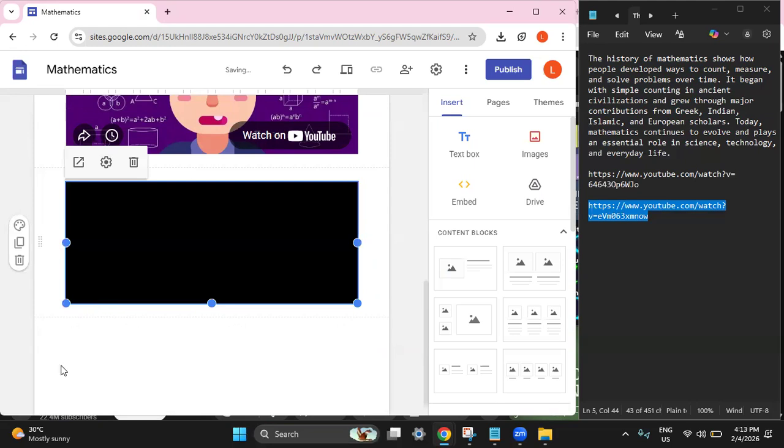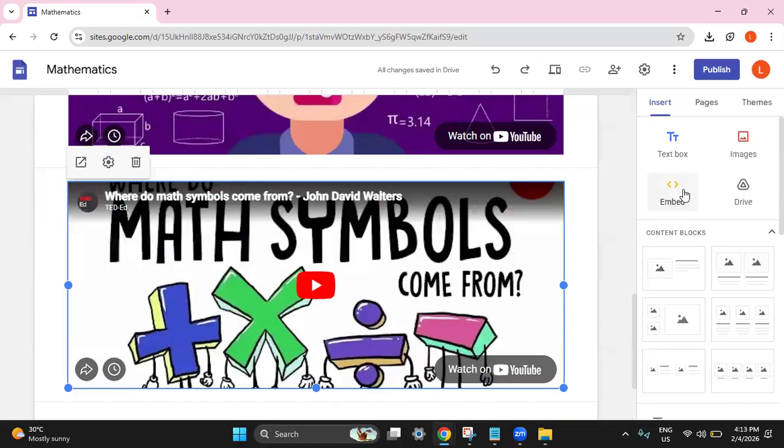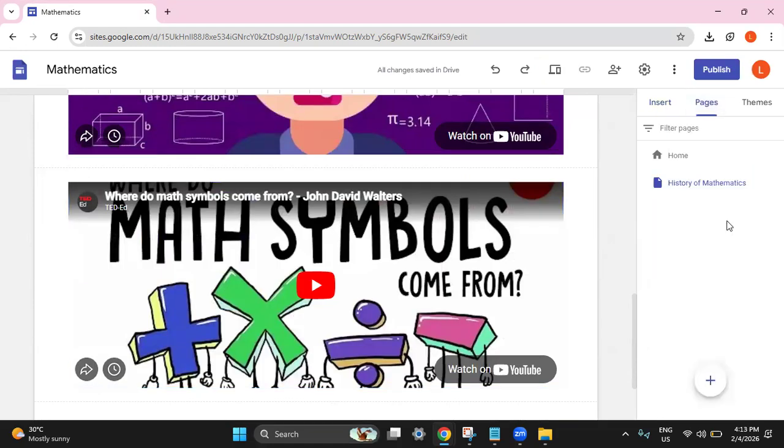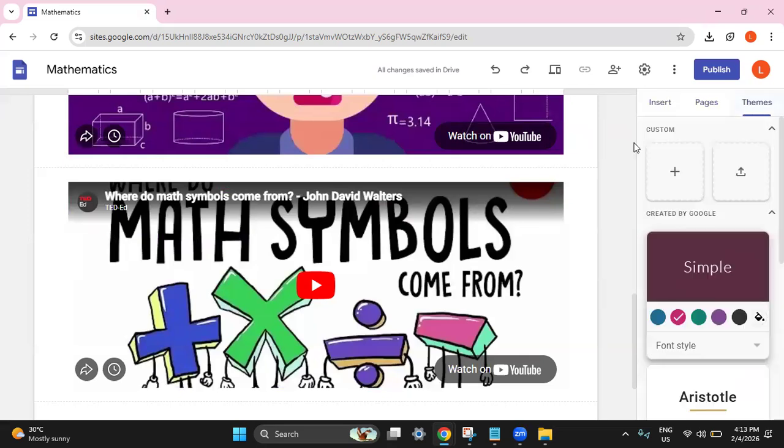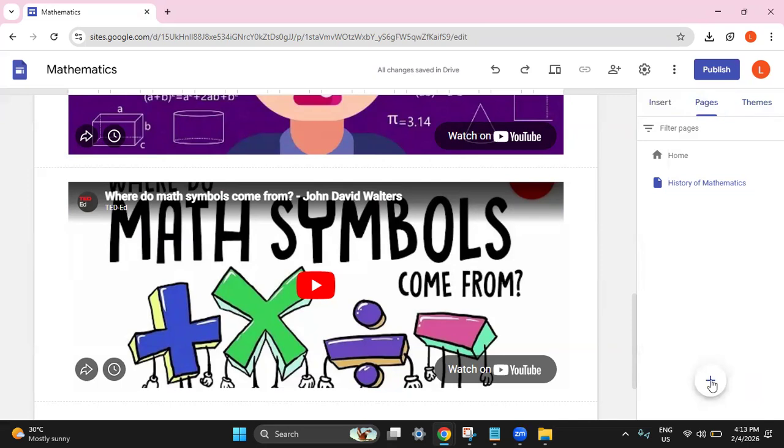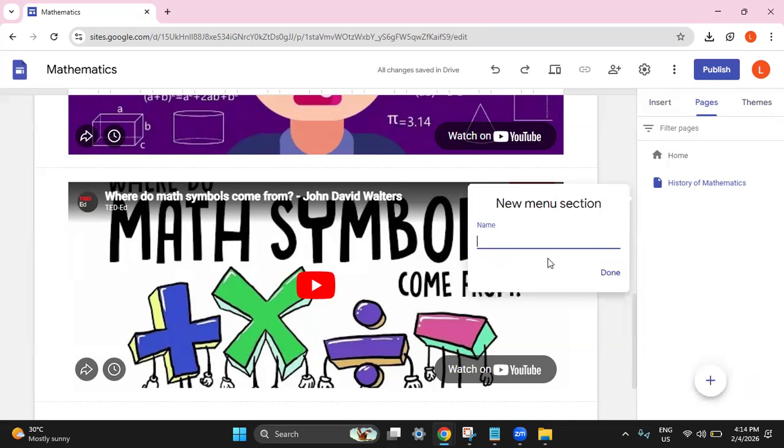Okay, since we are able to utilize the insert and then the pages itself, also the themes, let's try to add another one for the pages. Let's add, and then trivia questions.